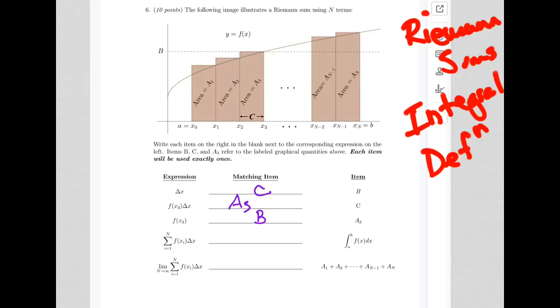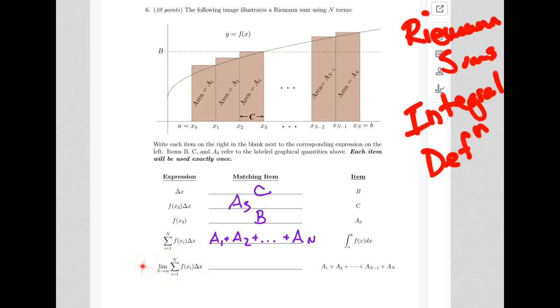And then the next thing, we have our sum. So we're summing up all the areas of the rectangles. We're summing them all up. So it's all of these areas together. And so it is this sum right here. So that A1 plus A2 plus ... plus An. Okay? And then this last guy,